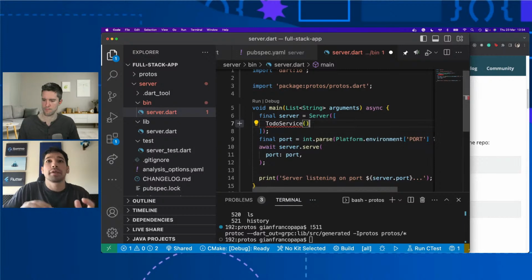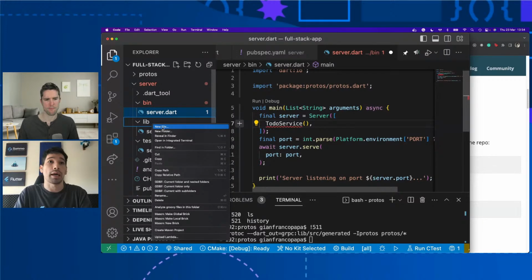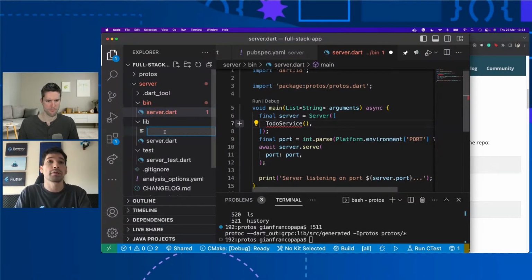But the thing is that this service, we didn't create it because we have our base service, that is what gRPC, the proto, auto-generated. But we have to actually implement this service. So what we can do is to create a service class for this service. We're going to name it ToDoService.